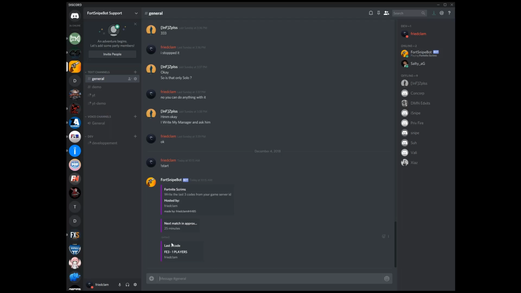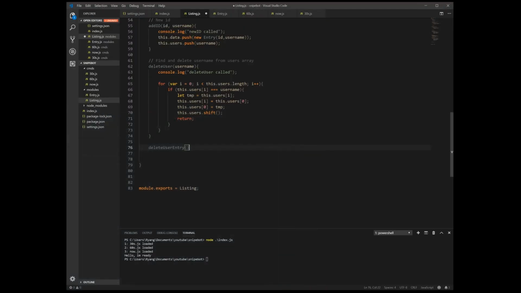You see how it removes the one I previously had and it switches to a new one? To be able to do this, we're gonna have to evaluate if our entry is only containing one user or more, because that will have a different way to delete. If it has only one user, we delete the whole thing. If it has multiple users, we find our users and we do the same thing we did here, and we change it to the first position of the array, and then we delete it.